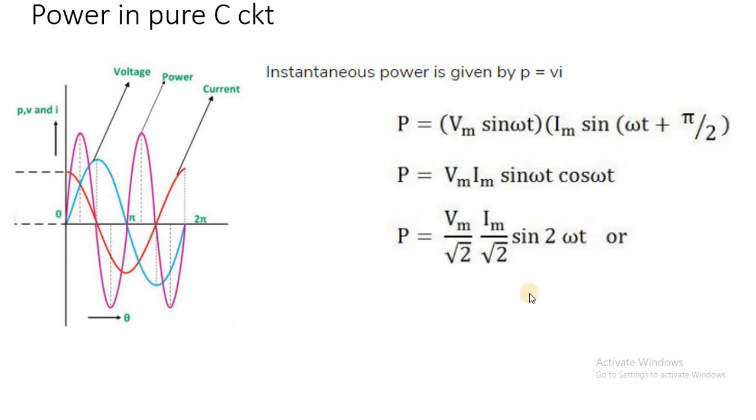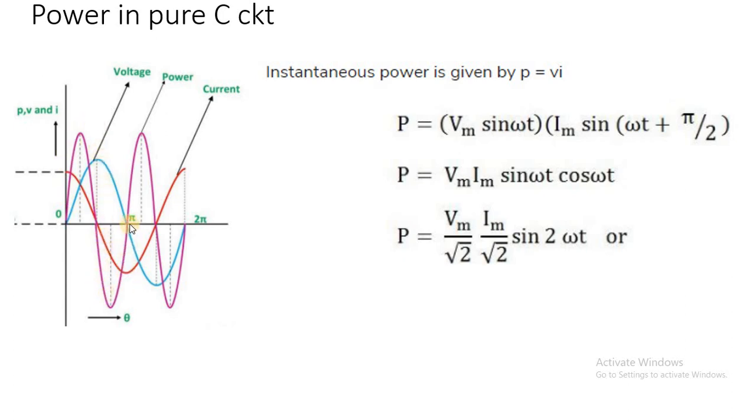Now here the term is only one, a single term, and that too it is a double frequency component. So the instantaneous power equation is a double frequency component. Whenever I take the average value of the power, I will integrate this quantity from 0 to pi. Because I am taking the integration from 0 to pi, you can easily see the period 0 to pi is going to cover the full cycle of the power curve.